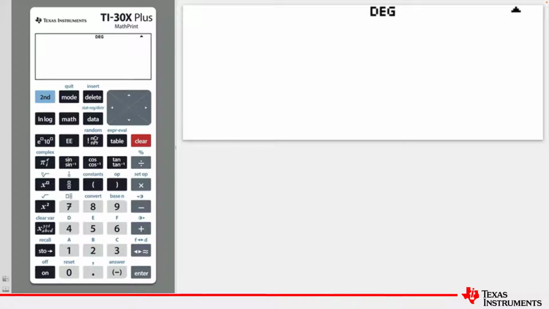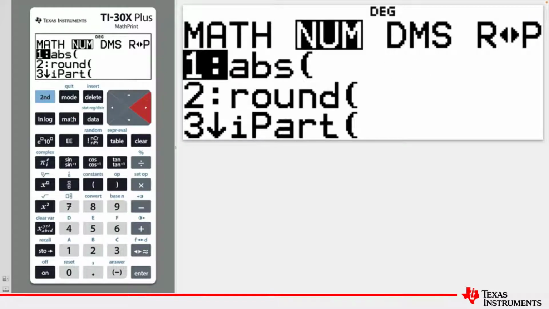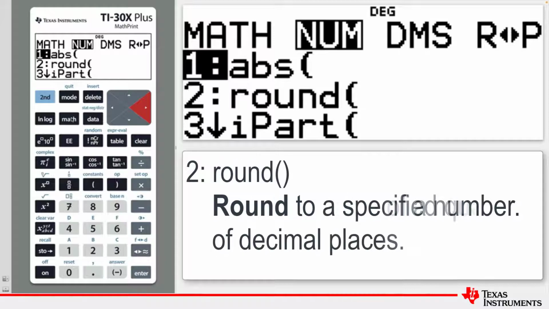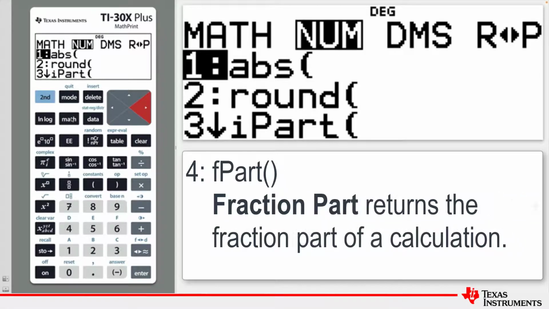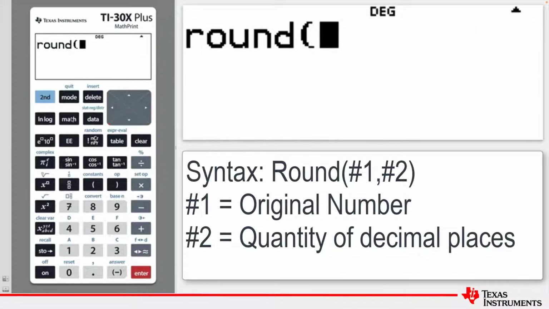In the Math menu, press Math. There is a second menu called Num. And there are several commands here which can be used to work with numbers. Many of these are useful in programming language or to modify the output of a calculation to produce a required precision. For instance, the round command can be used to